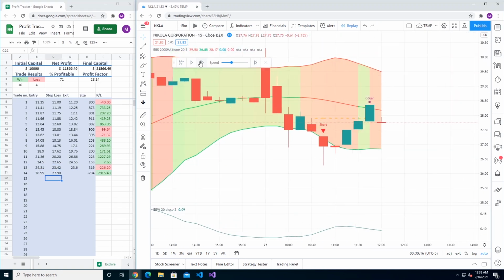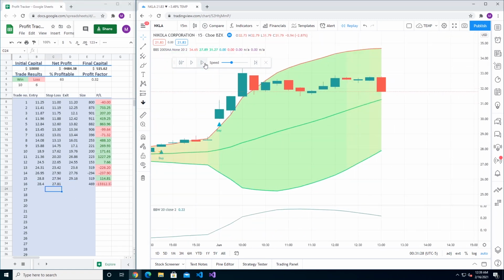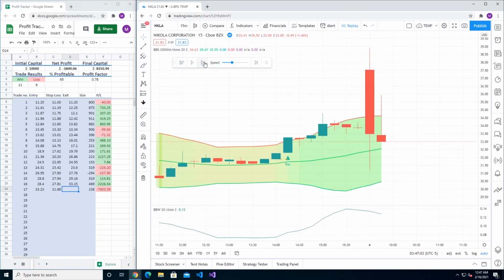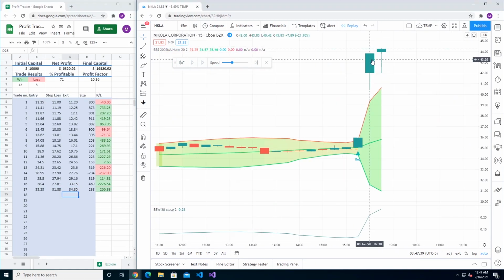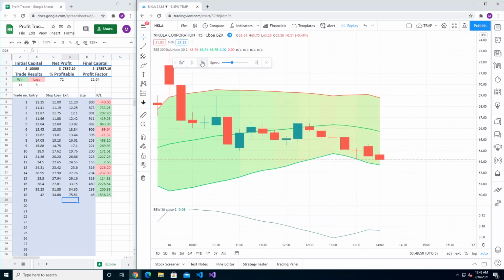As you will see throughout the course of this backtest, my stop loss ensures that my losing trades are capped to a far smaller size than the majority of my winning trades. When this is the case, it allows me to trade with a significantly lower win rate and still be very profitable over 100 closed trades.